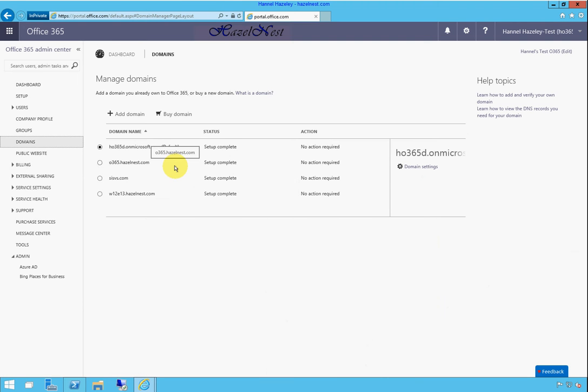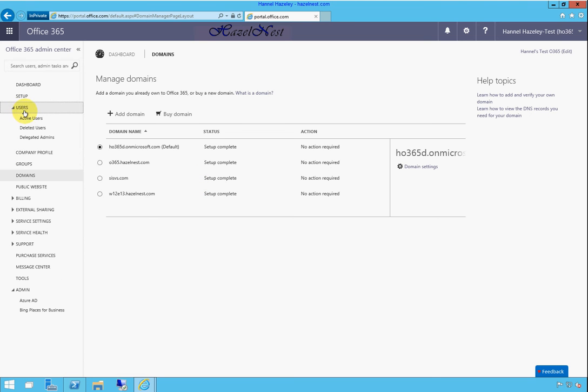Just a quick moment here. The reason why I set up this domain is because my system is set up to synchronize with Office 365, and for it to work correctly, I need to have that domain up here in Office 365 so that the synchronization will go smoothly. So once I'm done with that,